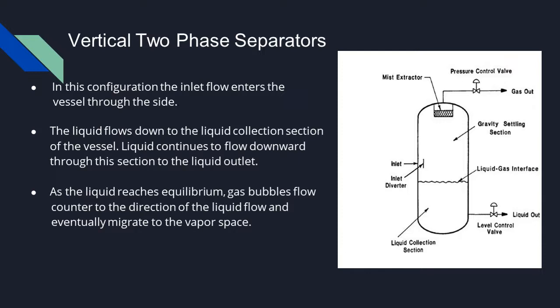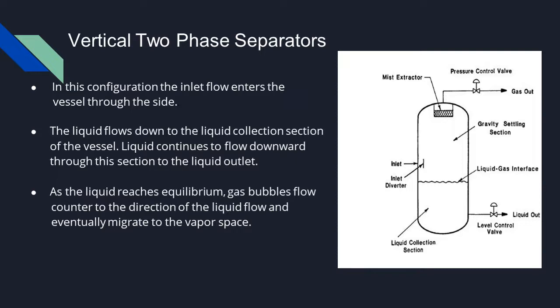All mist extractors which we use in our vessel must be based on some kind of intervention in the natural balance between the gravitational force, which will drag our droplets in the downward direction, and the drag force, which will drag our liquid in the upward direction. So overcoming the drag force by reducing the gas velocity and by introducing additional forces such as venturi scrubbers, cyclones, electrostatic precipitators, or increasing gravitational force by boosting the droplet size.